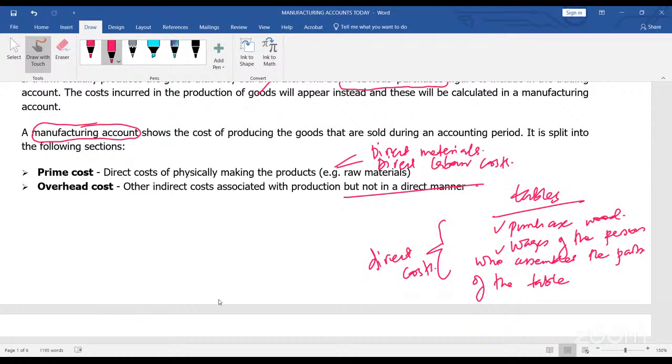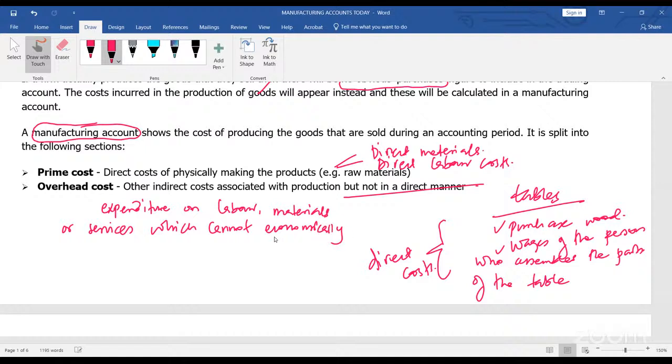So overheads, we look at them as expenditure on labor, expenditure on materials as well, or maybe services,